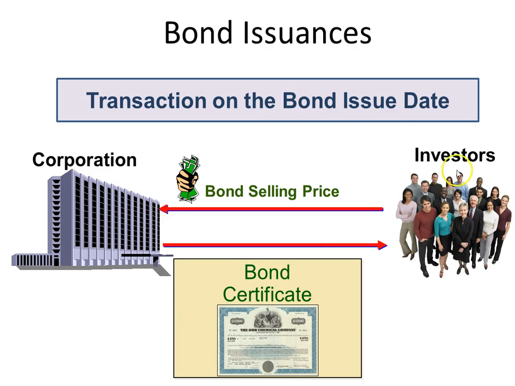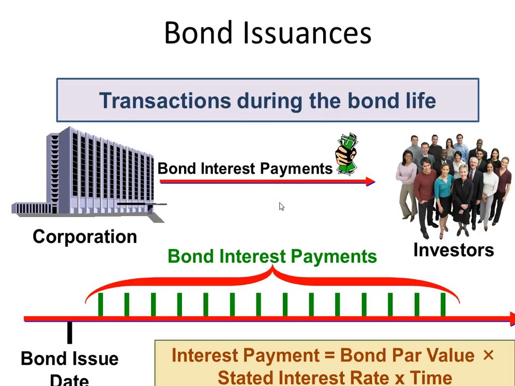So in this slide, we're talking about the initial offering, when the corporation goes ahead and sells the bonds. And so here's the certificate that they're going to be issuing now in electronic format. But the first thing you have to negotiate is the selling price. And what investors look for on their pricing is, again, the coupon rate and the bond interest payments. So this corporation might issue a bond going out 30 years here. And the bond interest payments typically is paid every 6 months. And that's really what the investor is buying, is these cash flow payments.